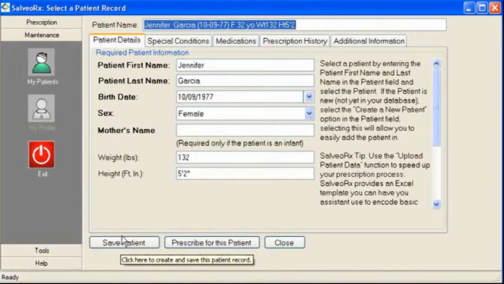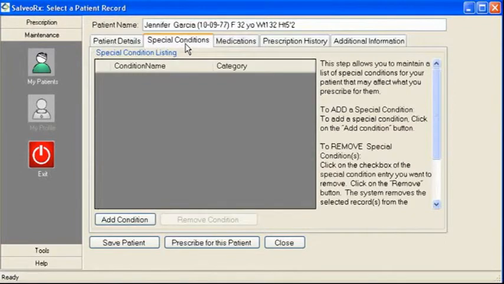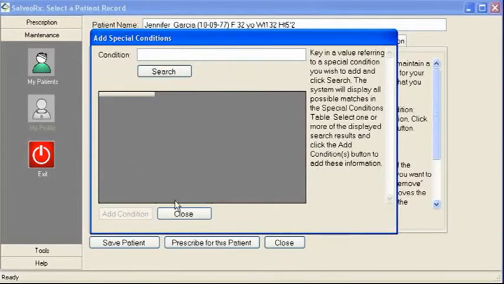The second tab contains special conditions. This includes the special condition table, which displays the list of conditions a patient may have. You can add or remove any of the conditions listed in this table. Click on the Add Condition button, and SalveoRx will display the condition search window. Type in a keyword. For this example, let us type in the letters